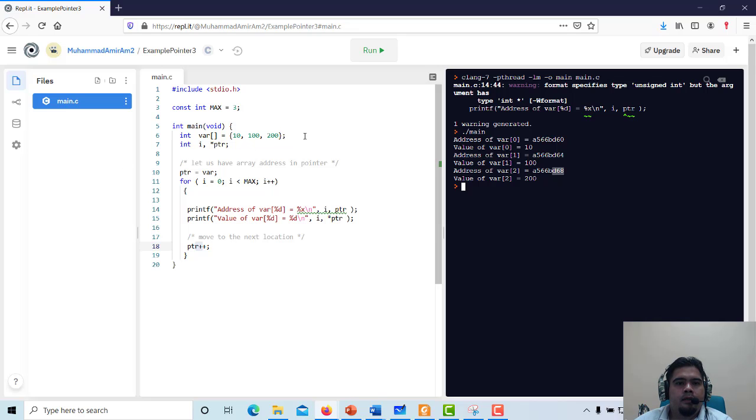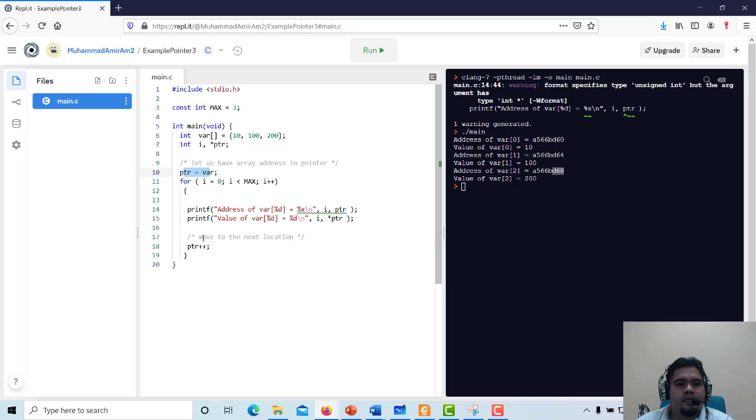This is just an example of how you create a pointer, and that pointer will point at the address of var, where var is an array of integers consisting of 3 elements, which are 10, 100 and 200. Okay, this is the process where you assign the address of var into the pointer,